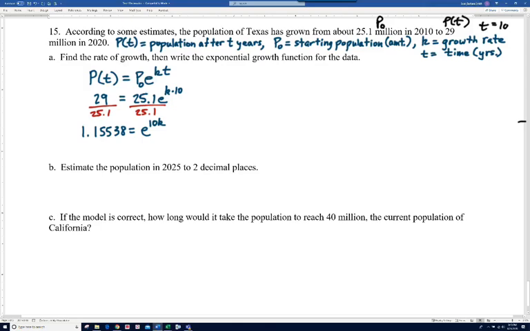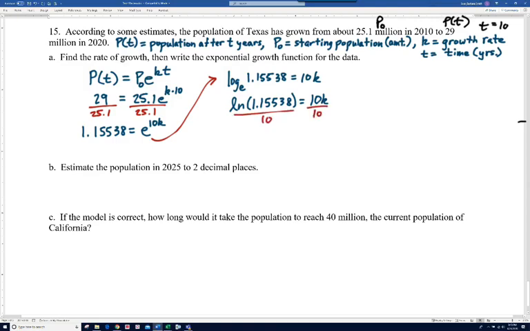So this is an exponential function. Let's change it to logarithmic form. It'll be the log base e of 1.15538 is equal to 10k, which we would write as ln of 1.15538 equals 10k. We'll divide each side by 10. And so we end up with k equals